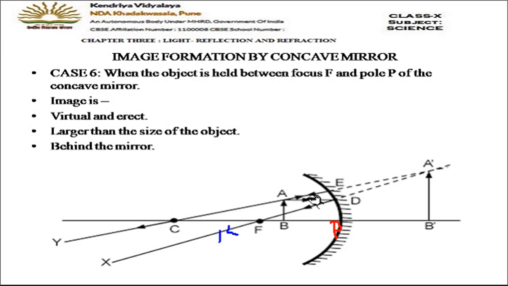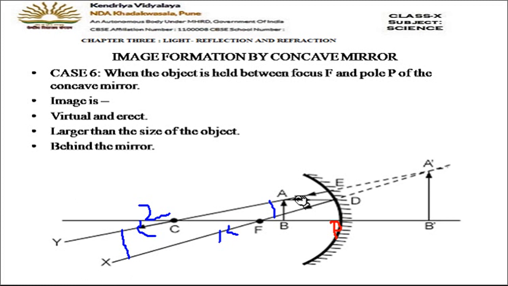Now from this point, if we take the ray like this and backtrace it, it will pass through C, meaning it retraces the path. So this is our reflected ray 2. Now you see that both the rays are going in different directions, they are not exactly parallel, because the distance here and the distance here are different. So you can't say that they are parallel. And if the rays are going in different directions, it is very difficult to say that they will meet somewhere. If they will not meet, then what about the image? Image is always formed when the rays meet. So in this direction the rays cannot meet.